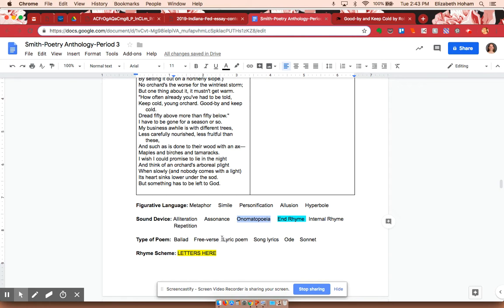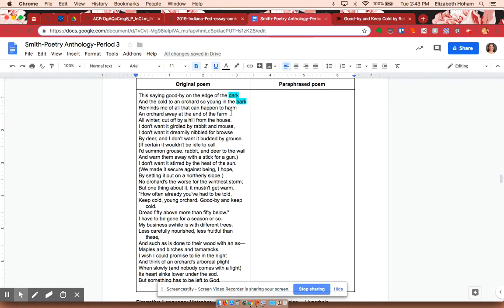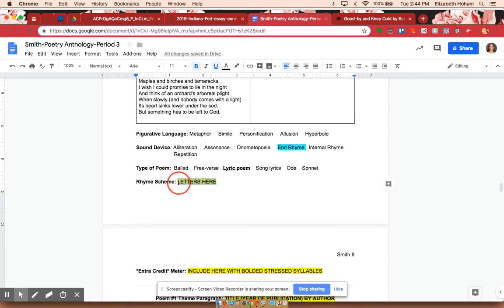This particular poem seems like a lyric poem because it rhymes. It's a traditional poem in that way. And then the rhyme scheme, I'll go break it up. So dark and bark is A, harm and farm is B, house and mouse is C, browse and grouse is D. So I'm noticing it seems to be just an AA, BB pattern. So I'll go and put that here